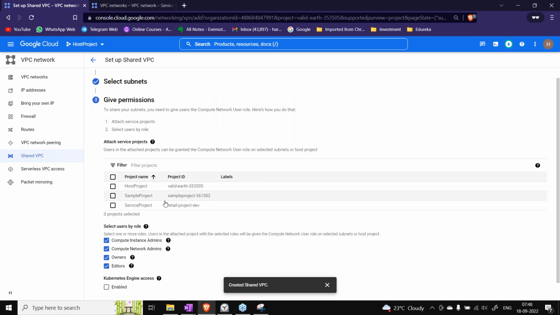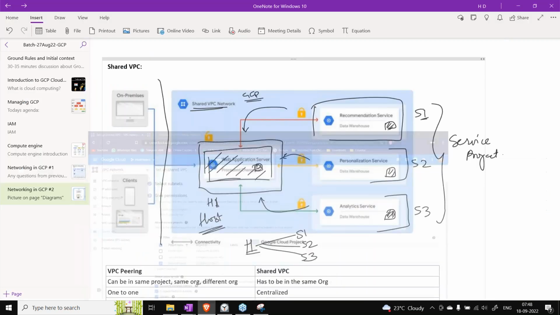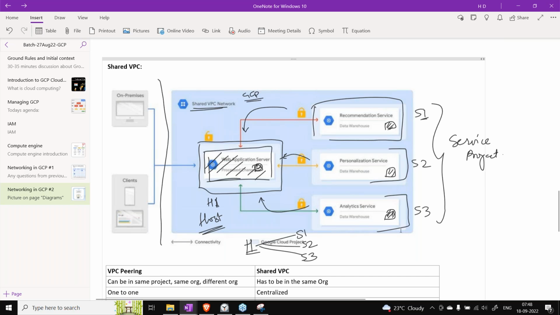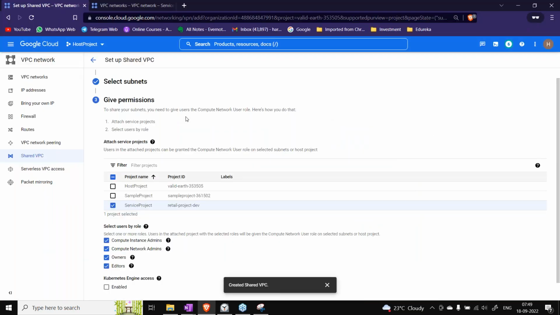Now we have options to attach the project. Which project do you want to attach? We want to attach the service project. From this host project, we can select multiple projects also, like S1, S2, S3. This step we can do later also. If there are new projects coming in, which are not there right now, they will not show up here, so we can attach those projects later also.